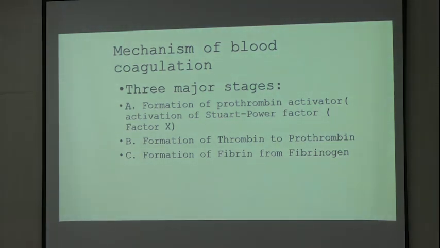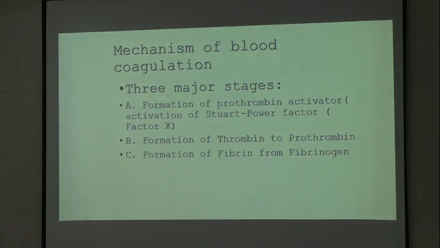Mechanism of blood coagulation. There are 3 phases. The first phase, what will be there? There will be formation of prothrombin activator. This prothrombin activator is common. Intrinsic pathway will also produce this. Extrinsic pathway will also produce this. So the end product of the first phase may come either from extrinsic pathway or